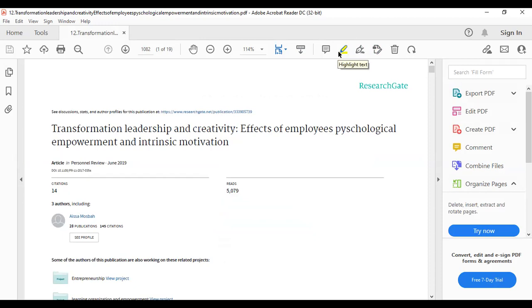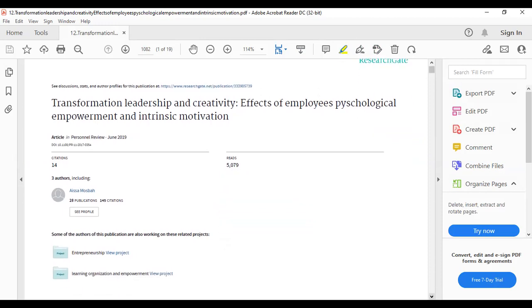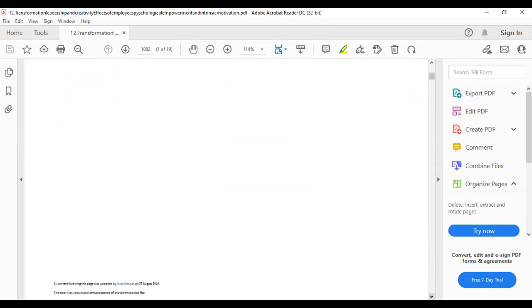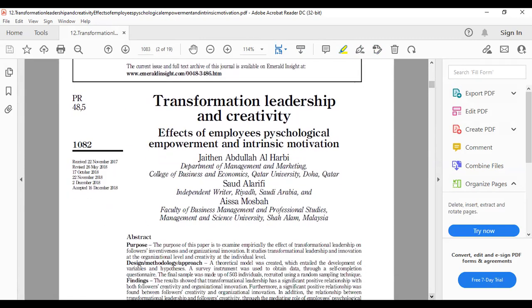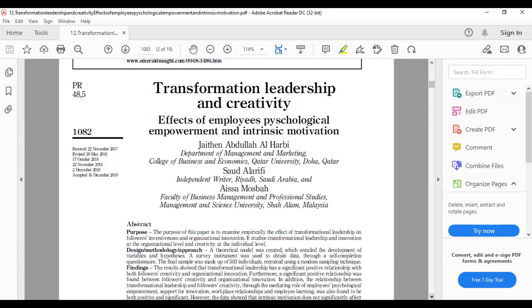Click on highlight text, open highlight text, and here you see a full-proof article shape, right? You click on transformational leadership, select and highlight the title of the article, right? Then the authors, and these things you copy.